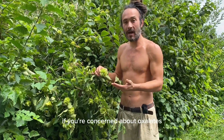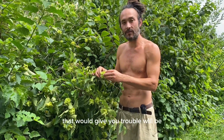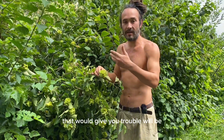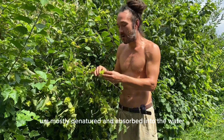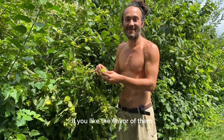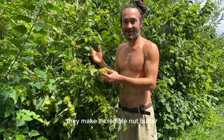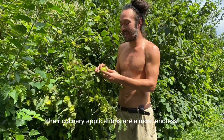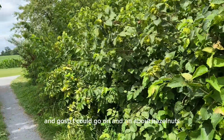If you're concerned about oxalates, you can boil them, and all of the soluble oxalates that would give you trouble will be mostly denatured and absorbed into the water, and you can just dump that off and then go back and toast them later if you like the flavor of them toasted like I do. They make incredible nut butter. Their culinary applications are almost endless, and gosh, I could go on and on about hazelnuts,